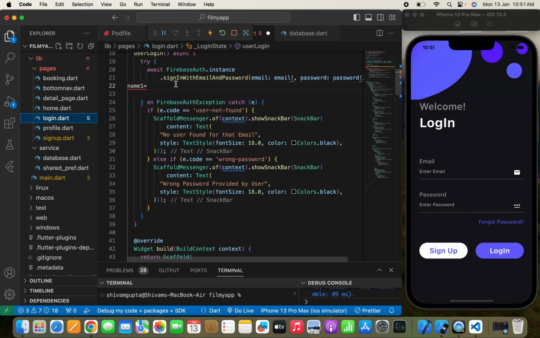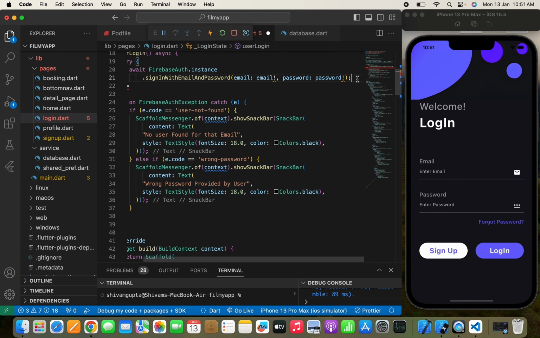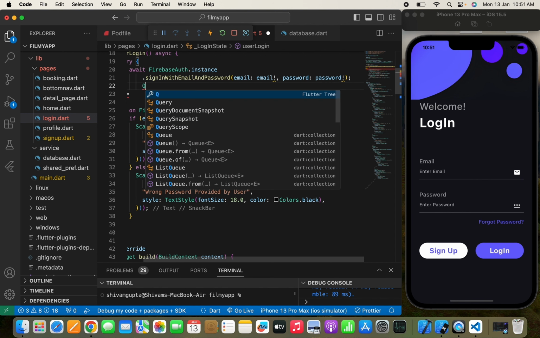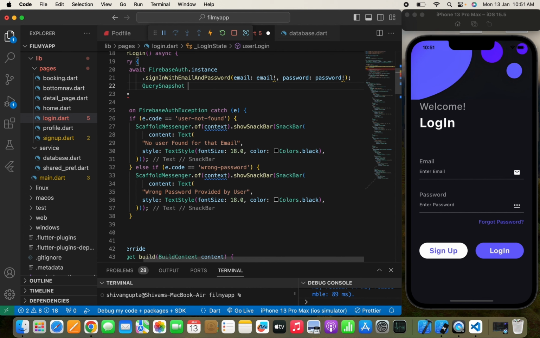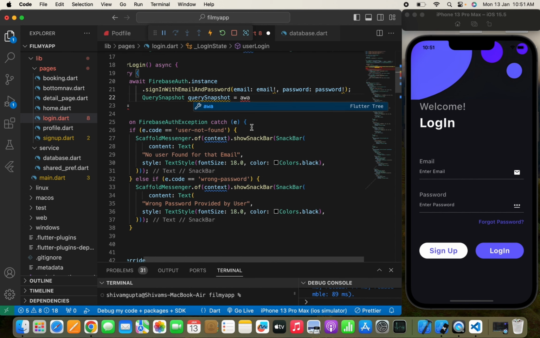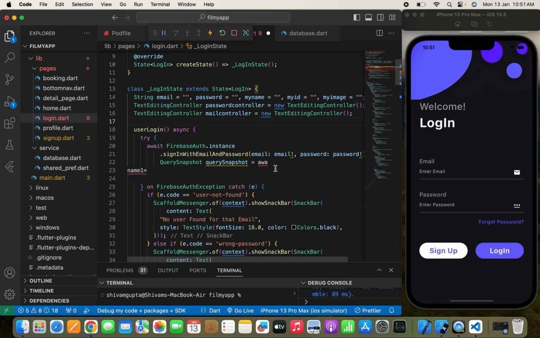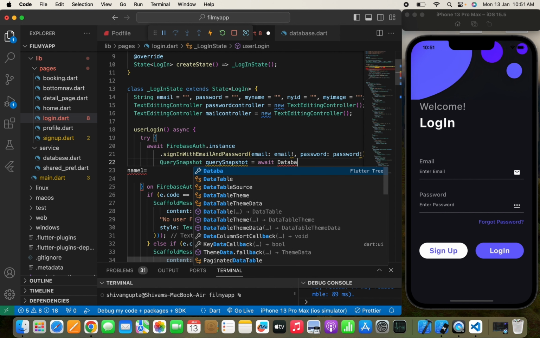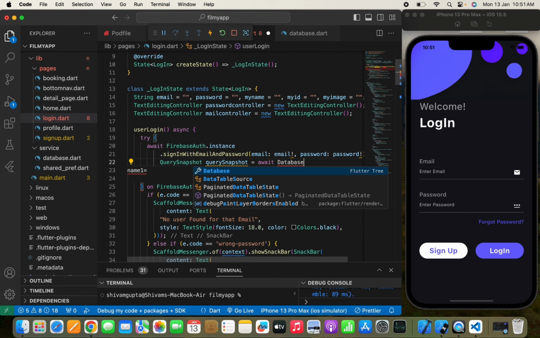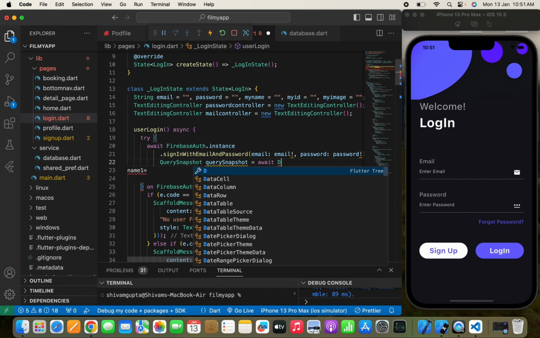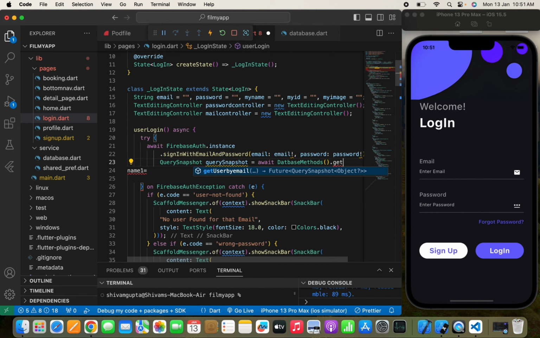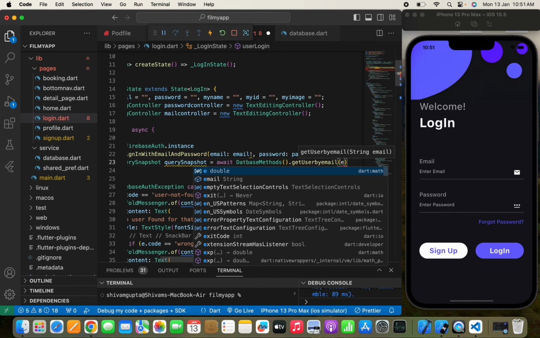Now let's move to the login page, and here I need to simply first call the function that we have written in our database.dart file. So for that I'll write query snapshot, and we'll write query snapshot is equal to await. So for that I need to pass async. I've already passed it, so don't need to worry. So I'll write await, not over here, over here. Sorry for that again. Await, we need to just write database methods dot get user by email,